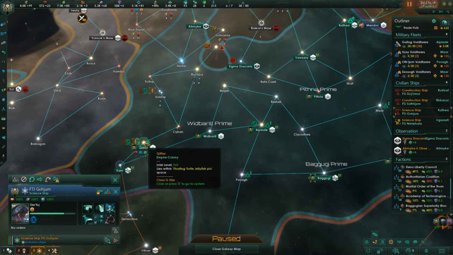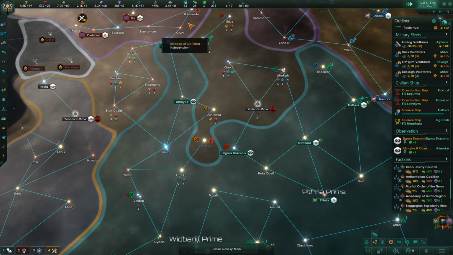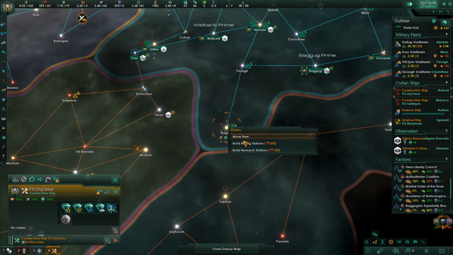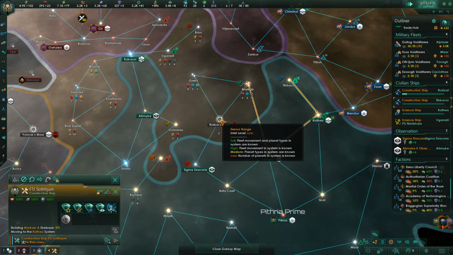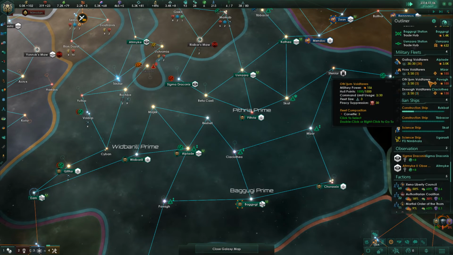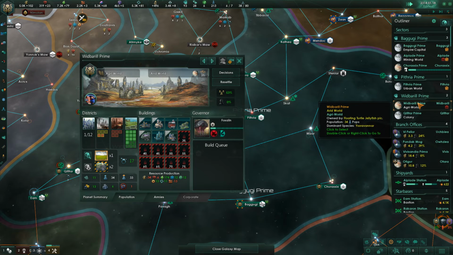We do have some stuff here. Let's go and grab those bits. I think there's some anomalies over here that I haven't done as well. Right, mining. Research. Good. That's all done. We'll grab this star system and that star system. We'll grab this one as well. And we've got some planets that are currently being...